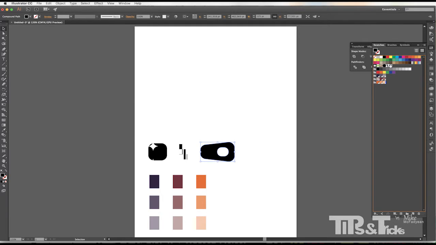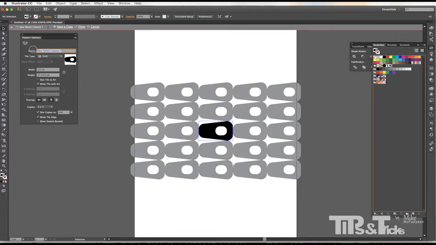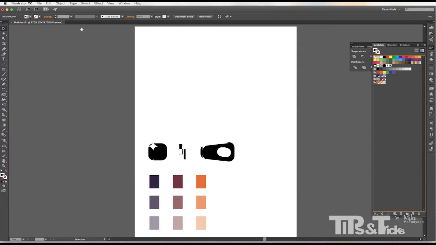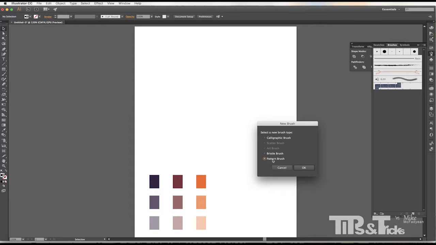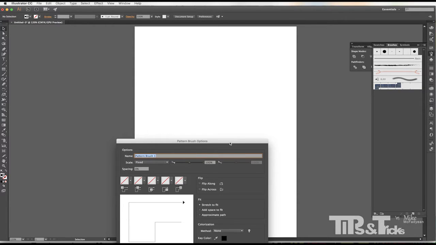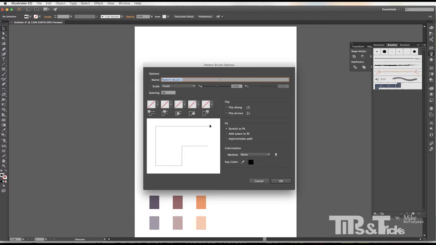And then the next one I'll call zipper tail. Okay, I'm going to get rid of the original artwork, and then I'm going to go to my brushes panel, go down to new brush, and choose pattern brush and say okay. And in my pattern brush dialog box, I'll just call this zipper brush,